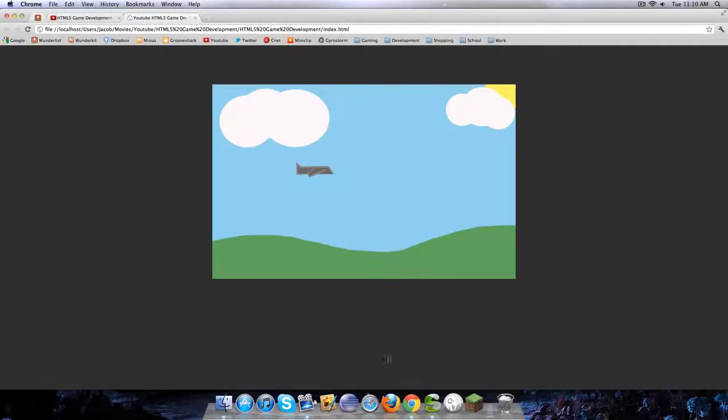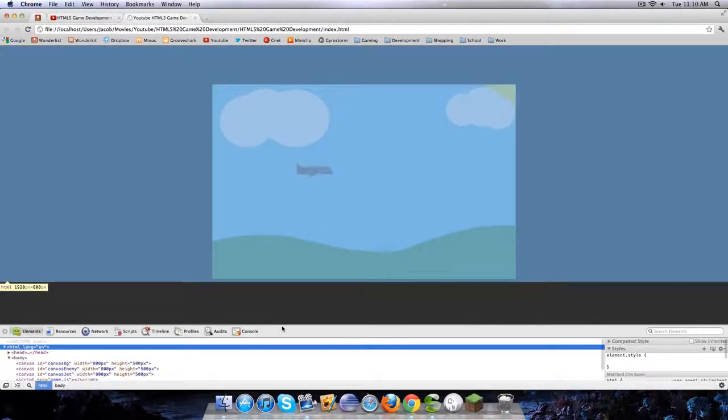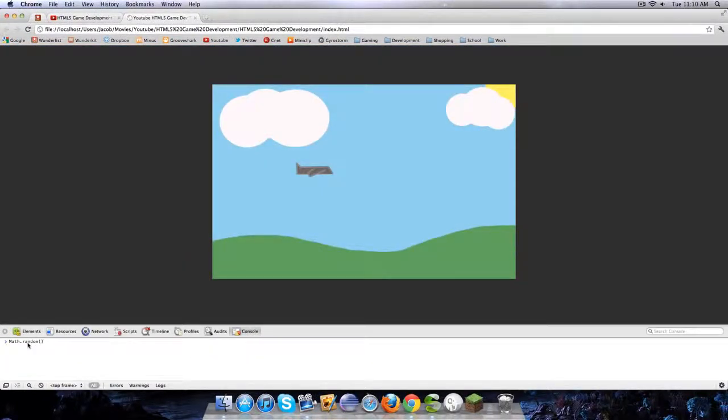So if we go into Inspect Element and then go to the Console tab, if you type in Math.random and press Enter, Math.random automatically gives you a number between 0 and 1. Now this number has a lot of decimal places. Let's just Math.random again. Now, to get a number between 0 and 800 for the x-axis, because we want the jet to randomly appear somewhere on here,